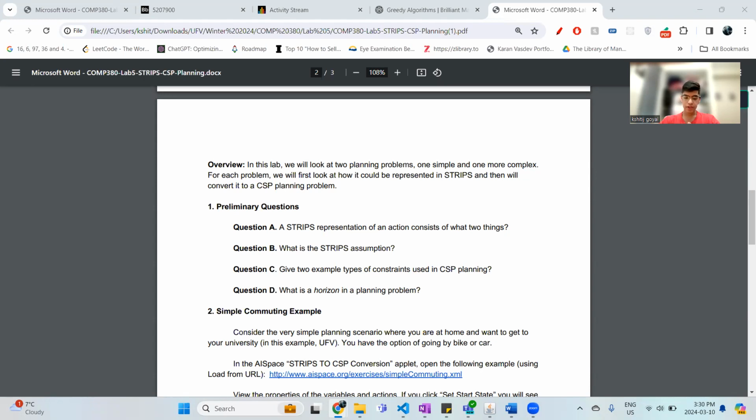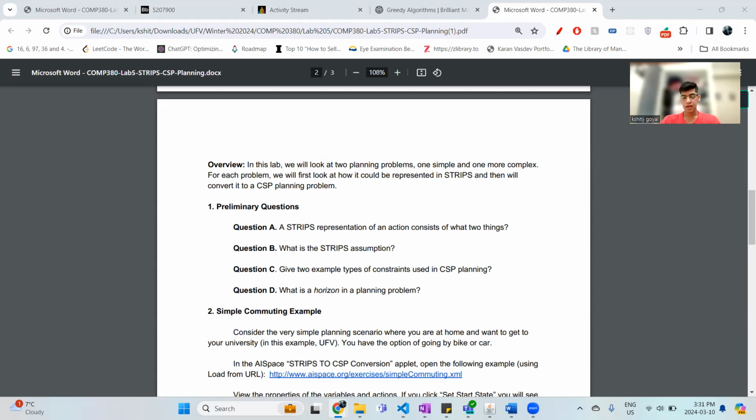So the precondition specifies when the action can be carried out. And the effect is, once the action is carried out, what happens to those primitive features that are made true by this action. Then the second part was: what is the STRIPS assumption? And the STRIPS assumption is that every primitive feature that is not mentioned in the effects is unaffected by the